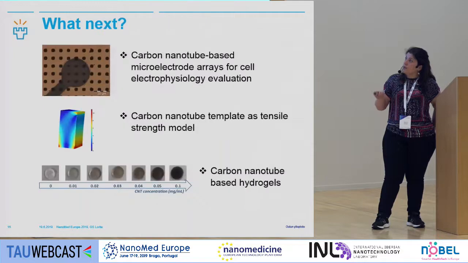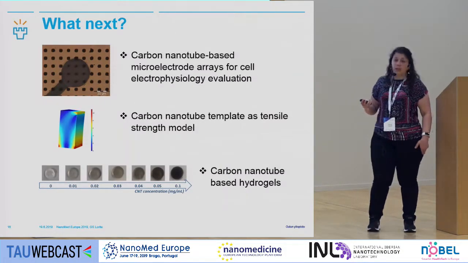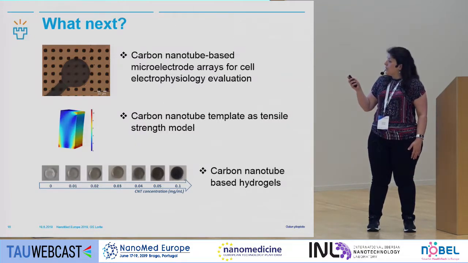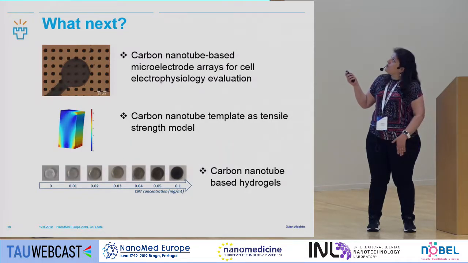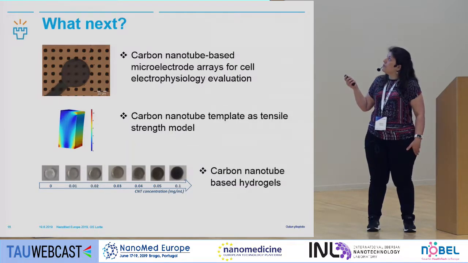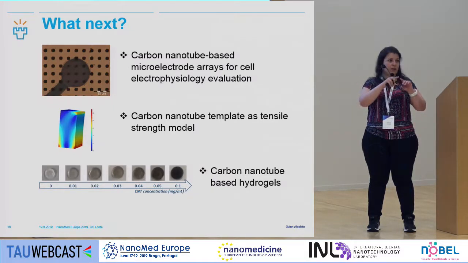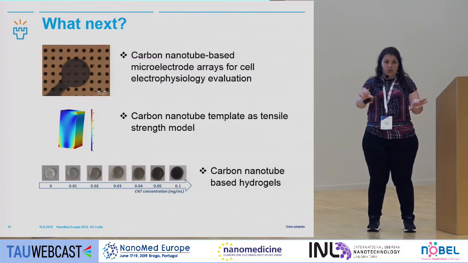What we are doing next with these templates, of course, we cannot think of them as a scaffold since they are on a hard surface, but we are now making carbon nanotube-based microelectronic arrays to evaluate the electrophysiology of cells. This is one picture of one of them that we are now developing. We hope that the neurons are going to make these connections and we can measure them not on a flat